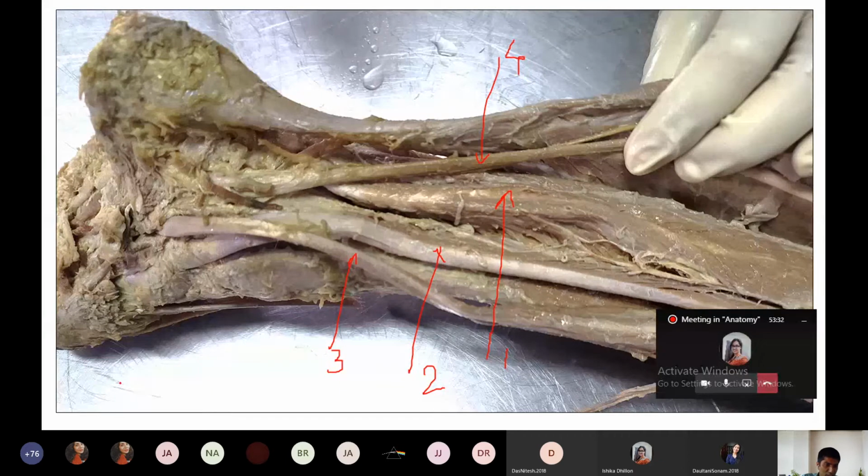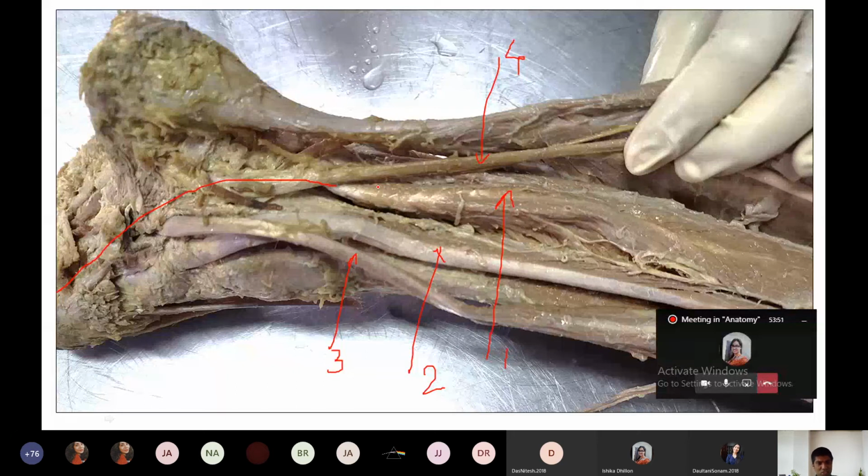How will it go? I'll show you the course of this tendon. From here it will run like this. It will cross the other tendon and come towards the medial side like this. Here it is hidden; you have not cleaned this part, but you have to imagine this. It's going from the deeper side. Already we have seen it, isn't it?